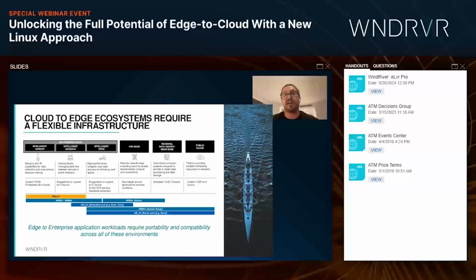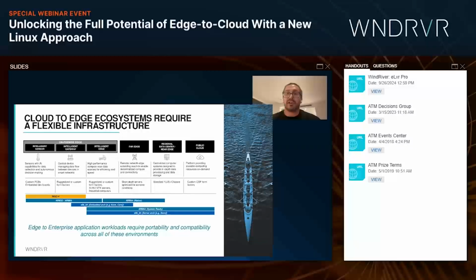It could be things that are maybe a thermostat, runs Linux, but in a more resource-constrained environment, all the way to your regional data center or even your public cloud applications here, where you may be running a big iron type of Xeon processor.